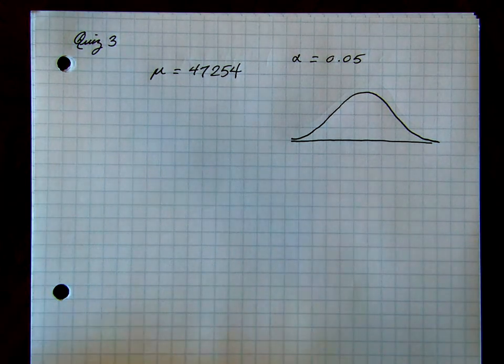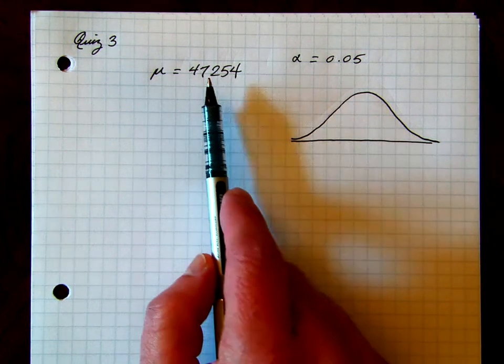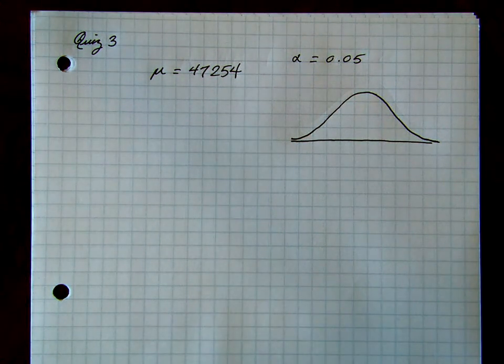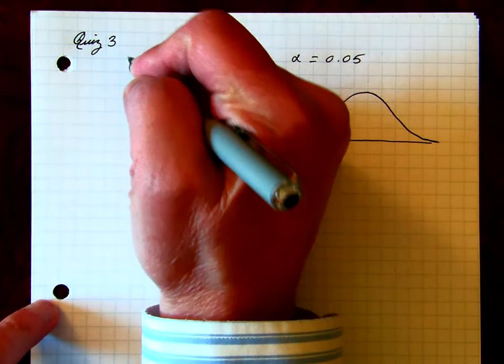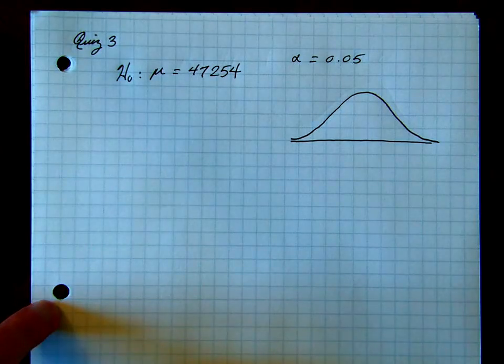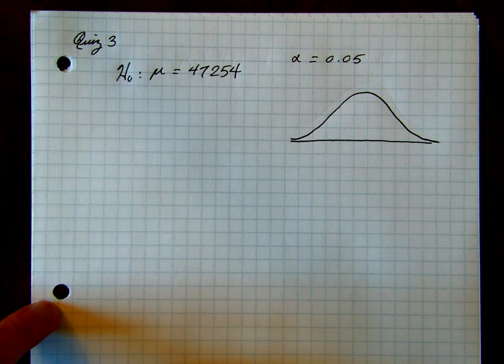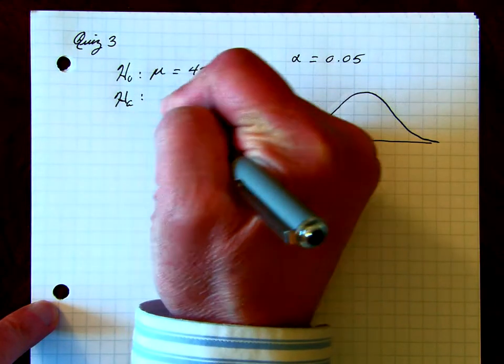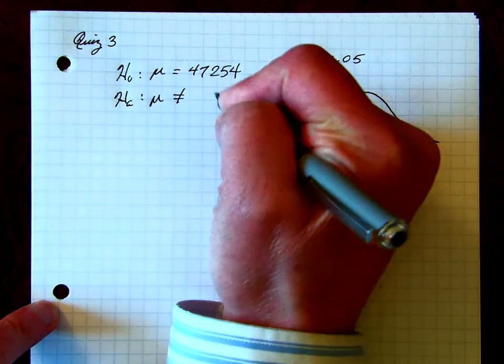You can read it directly from the book if you want more detail, but it's basically a claim that we have salaries of $47,254. And that's the direct claim. When there's a direct claim like that, it's pretty automatically the null hypothesis because of the equality. So we can say the null hypothesis is that the sample mean is going to turn out to be 47,254. The alternative is simply that that's not true. It's not equal to